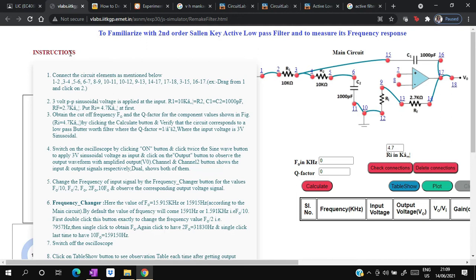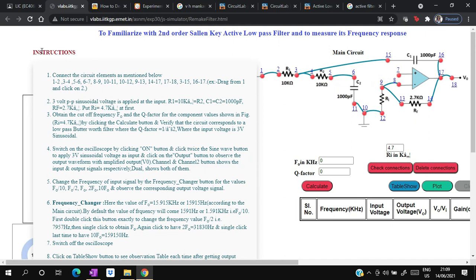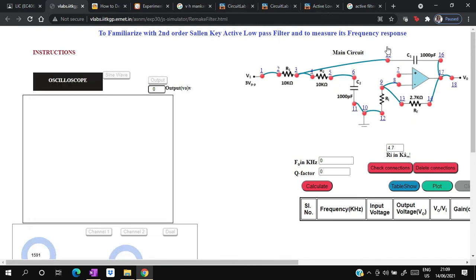Then you have 14 to 17 that you already connected, 17 to 18 connected, 16, 17 is connected, 8, 9 is there, again 6, 7. So I'll connect 6, 7.